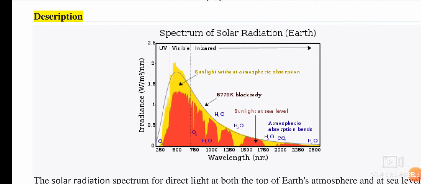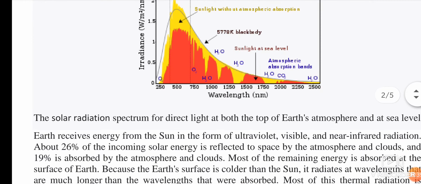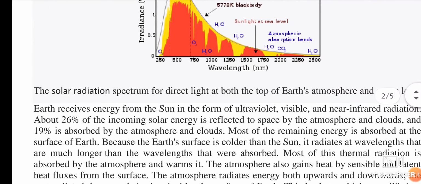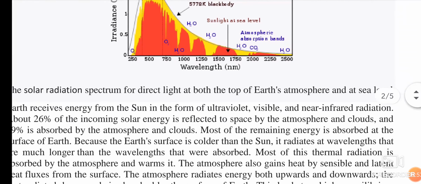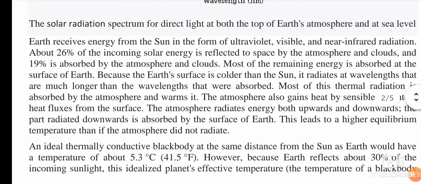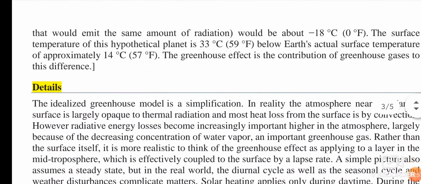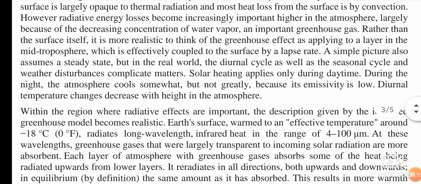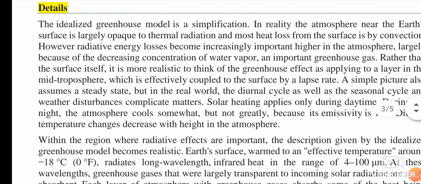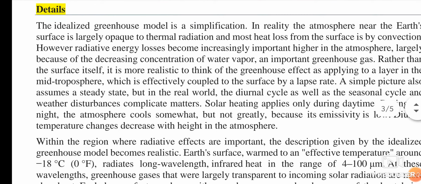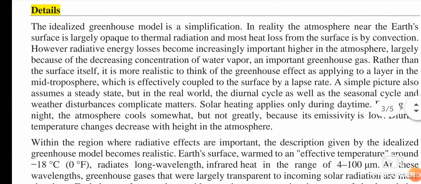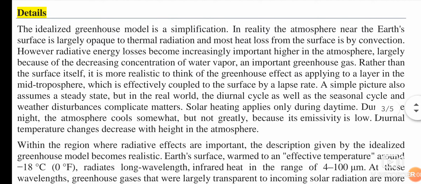So, spectrum of solar radiation on Earth like this. The solar radiation spectrum for direct light at both the top of Earth's atmosphere and at sea level. The idealized greenhouse model is a simplification. In reality, the atmosphere